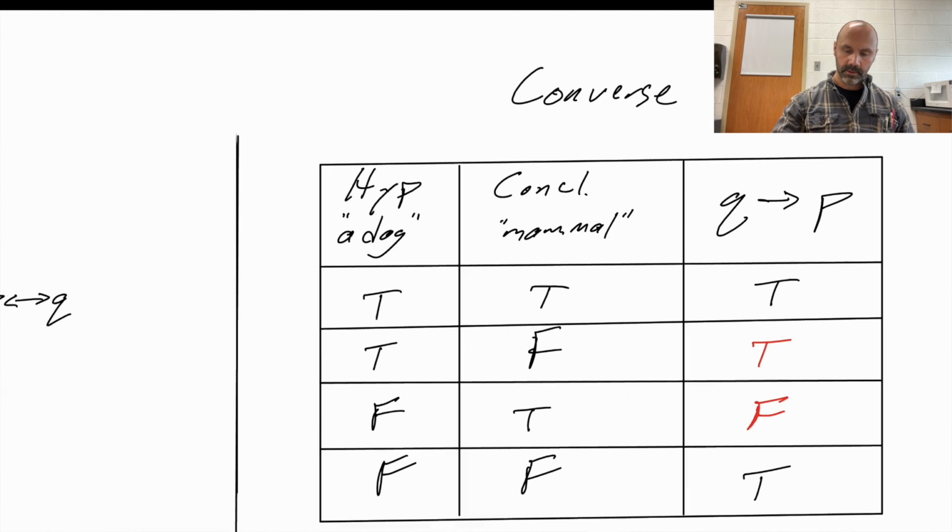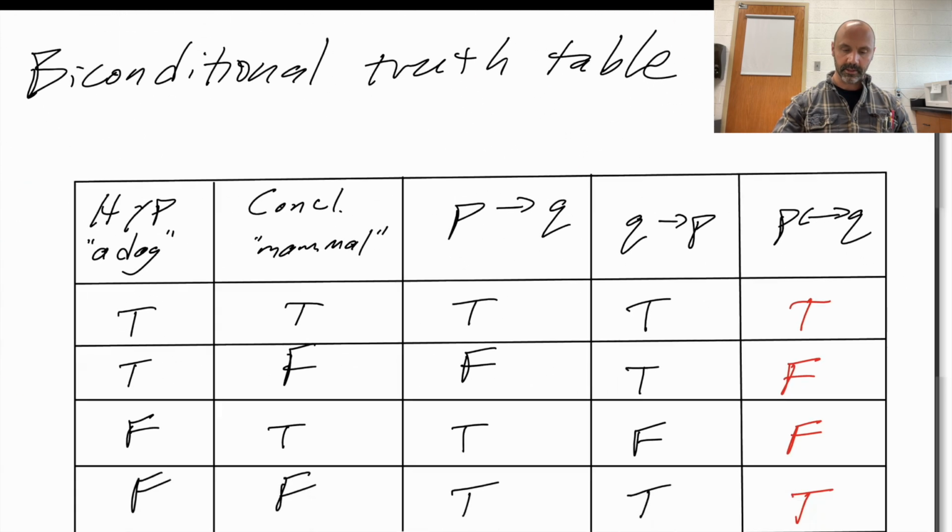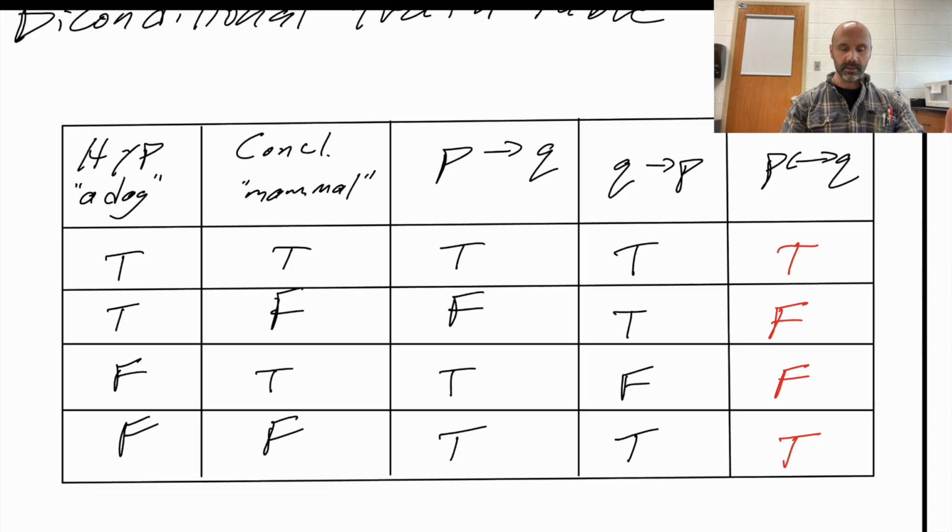But yeah, so let's look at this then. Go back to the biconditional. What does that mean? It means that an animal is a dog if and only if it is a mammal. In the case of a dog, the dog is a mammal, so it's true. But if you have something like a cat,